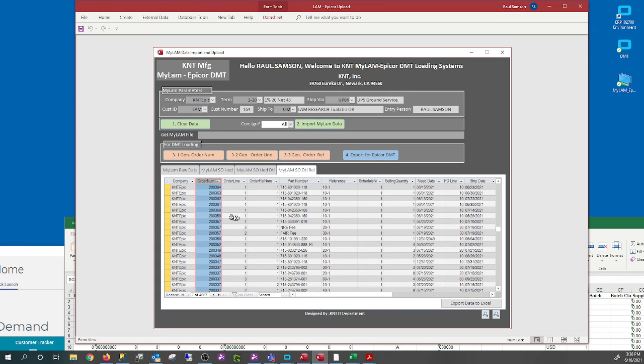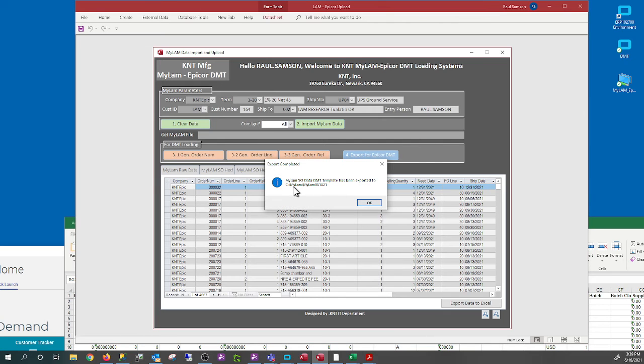If the PO has already been in our system, it will grab the sales order into these applications. Otherwise, it's going to create a temporary sales order before we load it into Epicor. So after you've populated all of this, then you're going to click this button here, which is number 4, export for the empty.